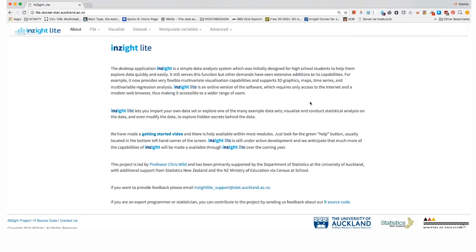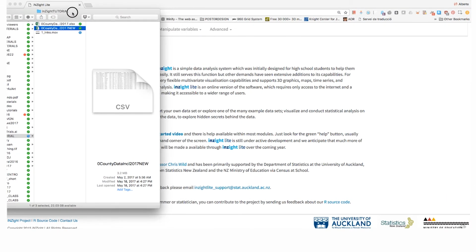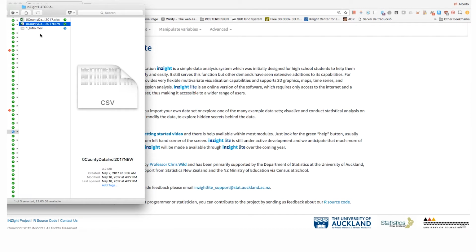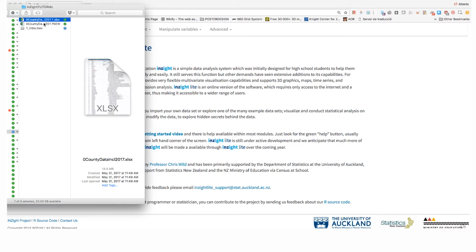Now, the second thing is the data sets that we're going to use. I have copied them in the same folder where you can find all these videos. I am still recording the videos, therefore you will not see them here in this particular video. But the data sets are here. You will see that there are two files. One of them is an Excel file, and the other one is a CSV file. The one that we are going to use for the exercises is the CSV file.